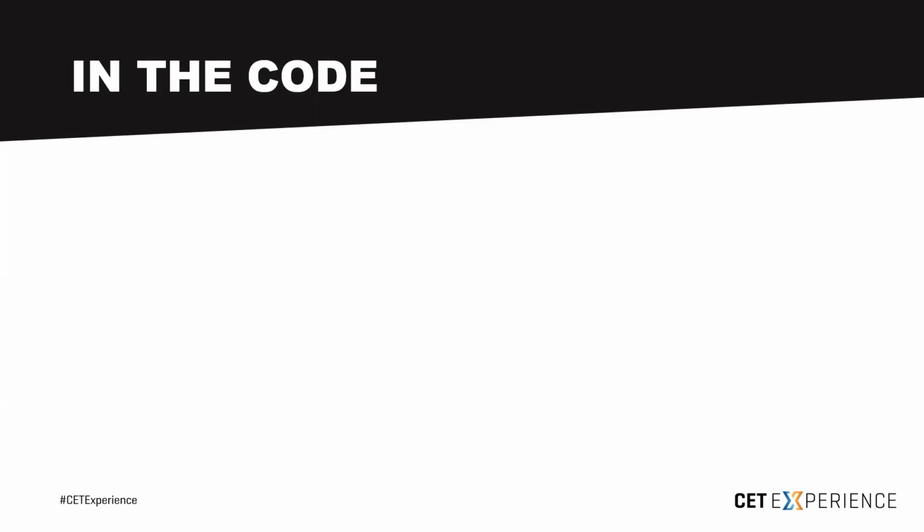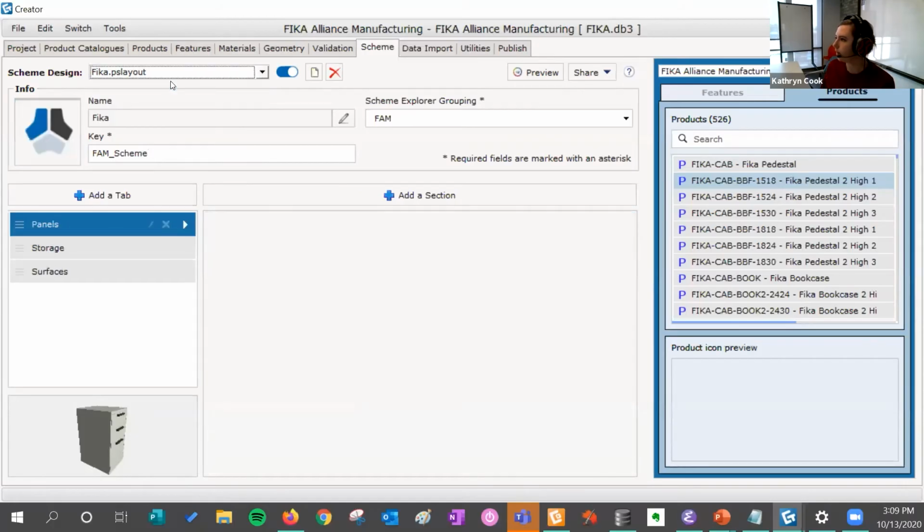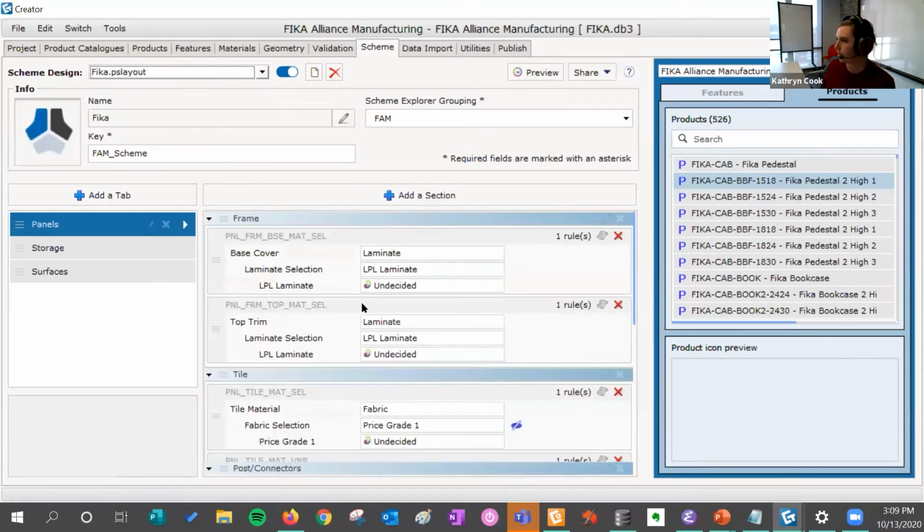I tell you what. Okay, let me bring up the Fika example here. So this is a layout that we put together for Data Fika. It has the key here, we have sections, it applies to all of the Data Fika products. Here you can see you can hide sub features if you'd like,